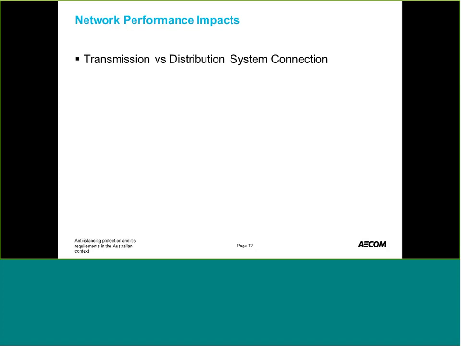rather than a requirement to, for example, ride through faults. So it's just understanding what's important in terms of the project that you're looking at. Is islanding really a risk or not? Or is the risk of nuisance tripping a higher risk for the network than having an islanded system set up? So talking about system stability and islanding, those are two factors.